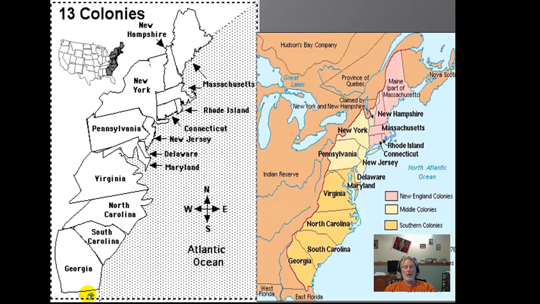Here's a map of the 13 colonies, and we'll be doing some work here fairly shortly on the identification and the geography of the